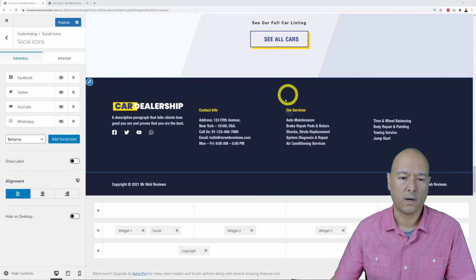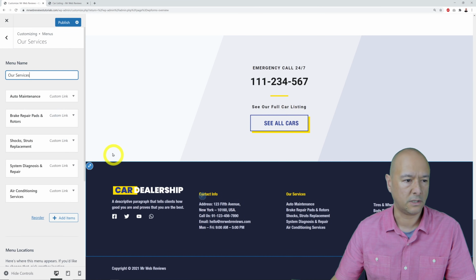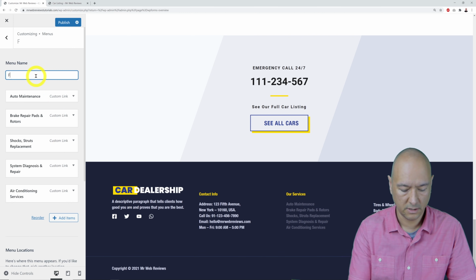And just next to it, we have our services here. So we're going to tweak this around. If you click on it, as you can see, these are custom links. These are links to internal pages on our website. At the moment we have auto maintenance, brake repair, etc., which is not relevant to our industry here. So what we can do, I was thinking maybe we could change this, and instead of our services,